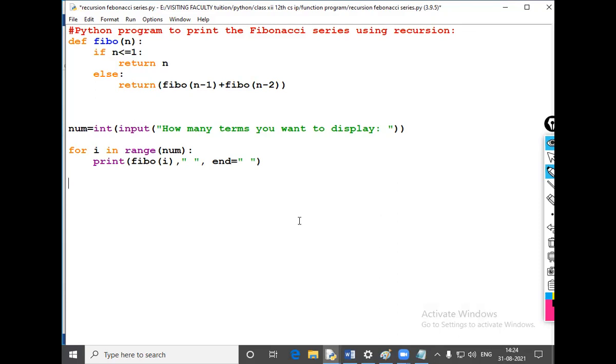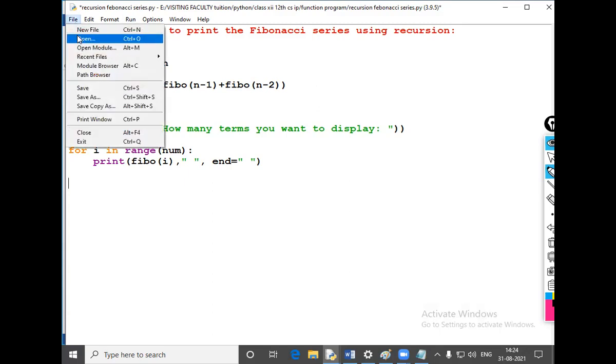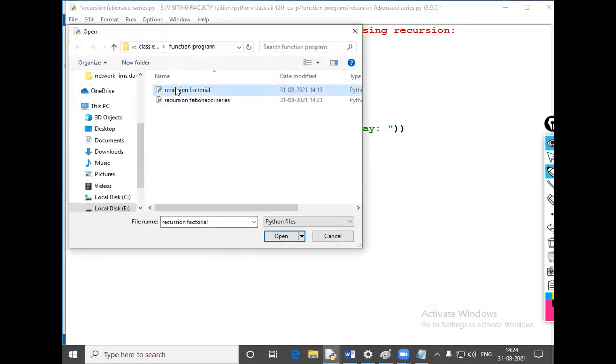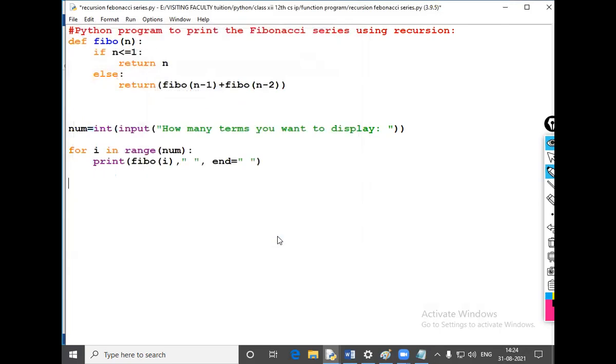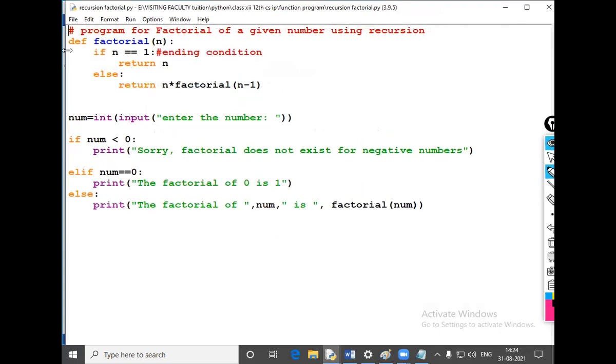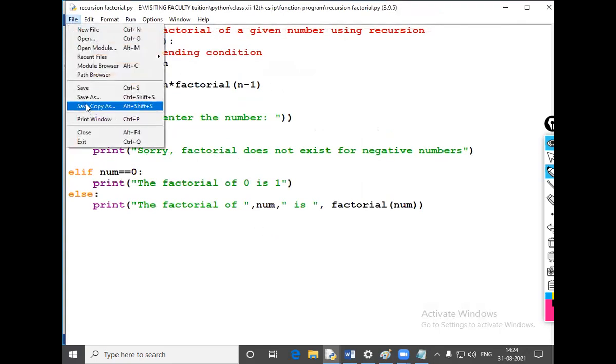So this is the process of the Fibonacci series. I hope the concept is clear and you understand the concept of the Fibonacci series. One more program I am discussing. The factorial we have created, the same program we can create for the sum of 1 to n. The same program. What is the difference?